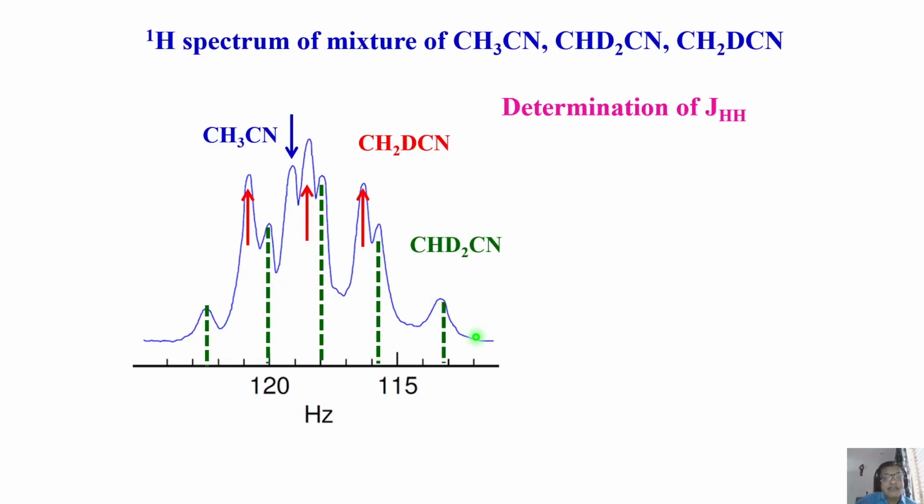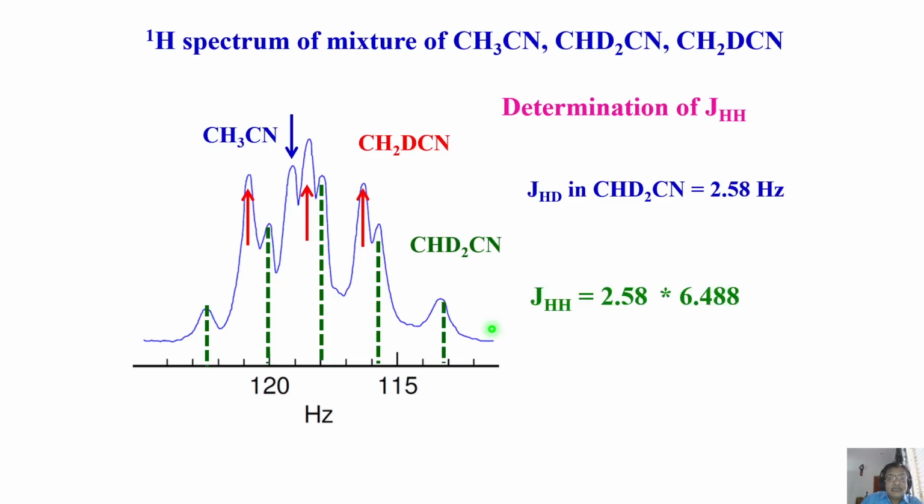I hope you remember I mentioned in one of the classes a couple of classes before that when a spin-1/2 nucleus is coupled to two equivalent spin-1 nuclei, you get a quintet of this intensity: 1 is to 2 is to 3 is to 2 is to 1. There is a Pascal triangle also for this, we can work it out. But in fact, I worked it out by a family tree approach and showed you how you get the 1, 2, 3, 2, 1 intensity. It doesn't matter, you remember, we have got it now. So where is the center of this? The center of this is here.